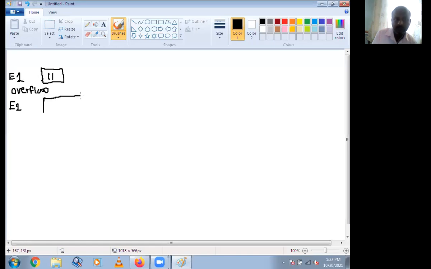Okay, so the space is double the previous, and copy the previous elements as they are. Suppose I want to insert a new element, 12. Now see, the space is only for two elements. At this condition, it also becomes overflow.